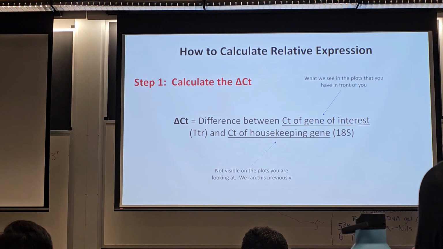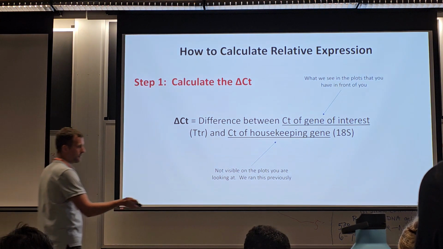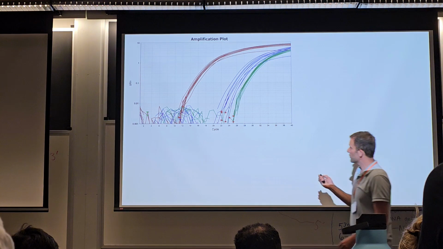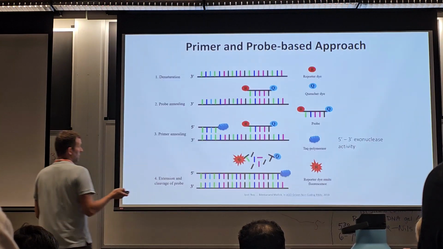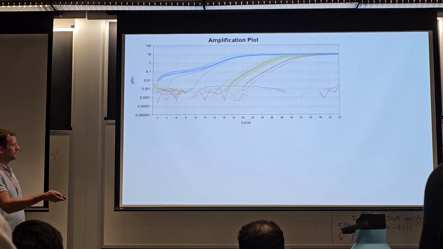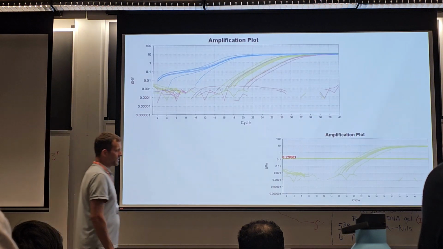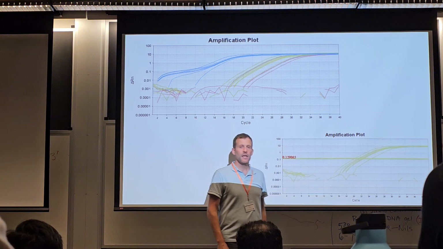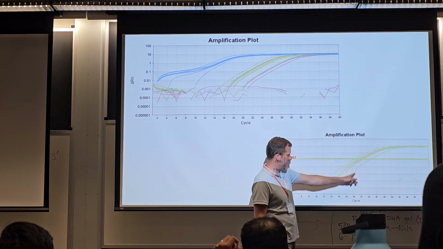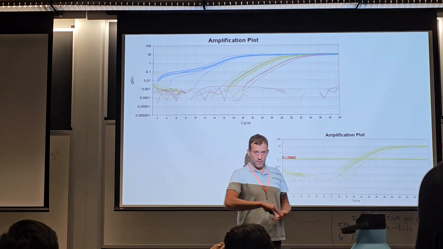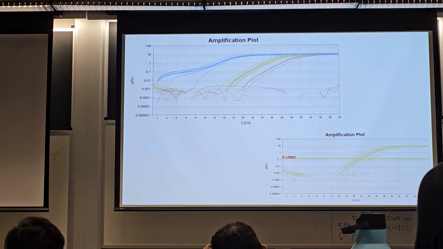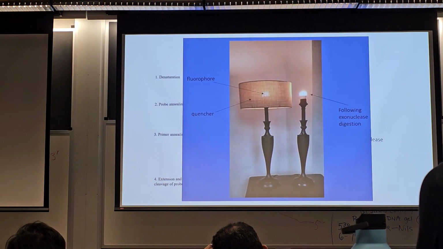When we looked at this previously before dinner, right, we talked a little bit about it, and I think Steve did also somewhere. Yeah, right, we set a threshold in the early exponential, right? So what we're doing is we're looking at the cycle on the x-axis at which our sample, its fluorescence crosses that threshold value. That's our CT value, okay? And so we're looking at that for both